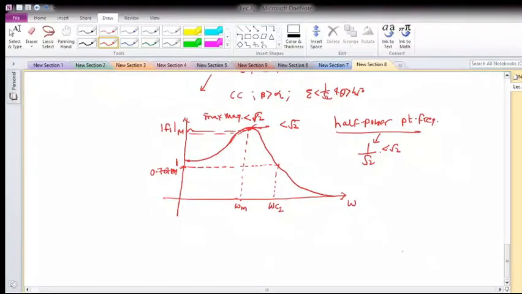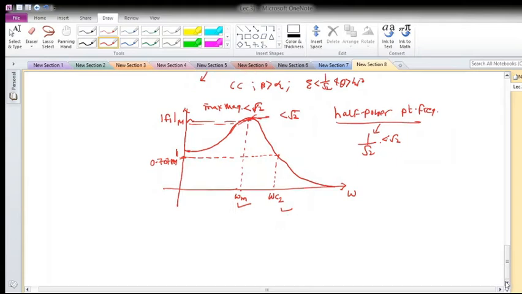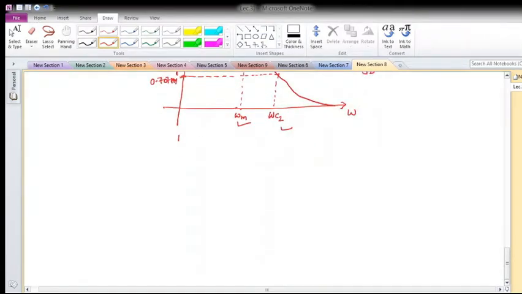So if the filter is like this, then I have to obtain omega m and omega c2, it is enough. Now what is the next situation? The next situation is, suppose my maximum magnitude is greater than 1 by root 2. This is my third situation. Okay, the first situation we have seen when alpha was equal to beta. The second situation was zeta less than 1 by root 2, theta greater than 45 degrees, and maximum magnitude less than root 2. Now the third situation is that the maximum magnitude is greater than root 2, suppose.